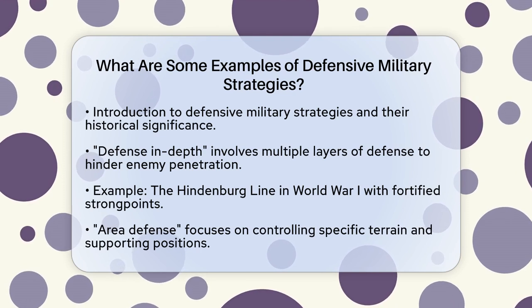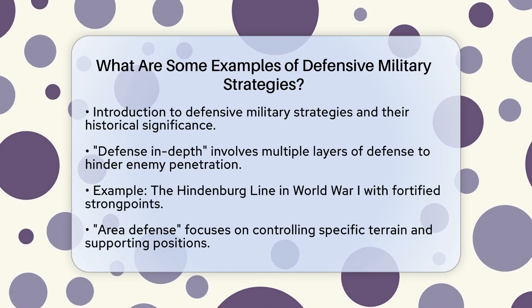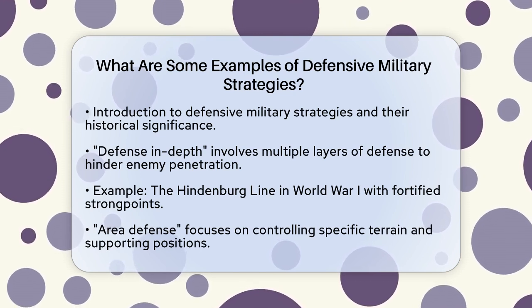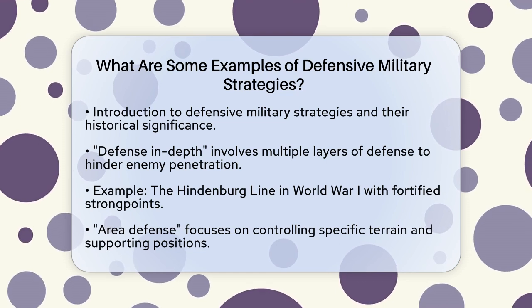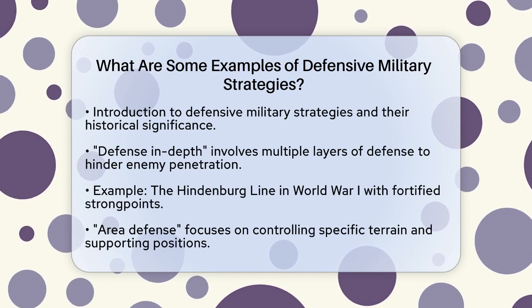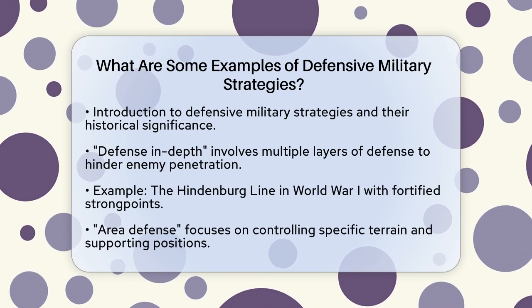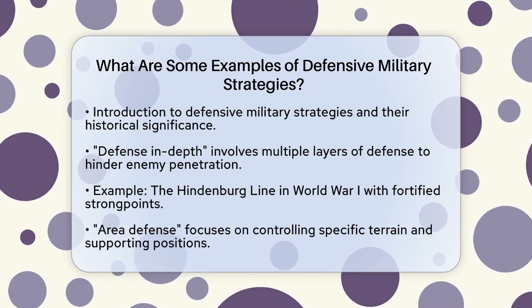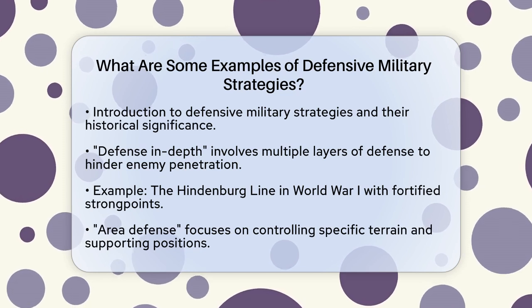This tactic involves layering defensive positions to prevent the enemy from quickly penetrating the defense. For example, during World War I, the Germans developed a fortified belt several miles deep, known as the Hindenburg Line. This defense system included well-positioned, well-camouflaged strongpoints that could mount an all-around defense and act as observation posts for their own artillery. The main strength of this system was not the continuous trenches, but these strongpoints that could channel and